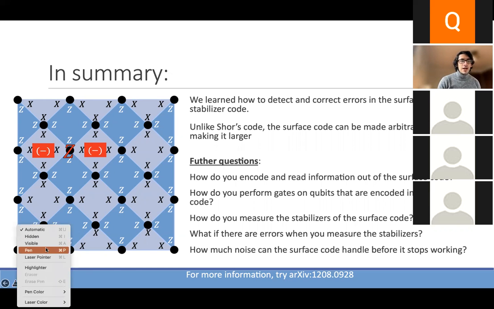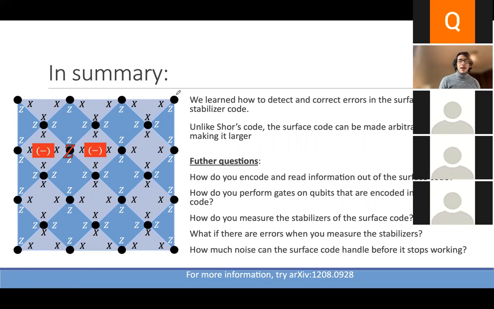The only goal with bosonic codes is to make one of these qubits very, very good. So bosonic codes are something to do to make one qubit not have too many errors in it. Then you would still need to take those bosonic qubits and stick them into another higher level code like the surface code to correct all of the remaining errors. But the idea behind bosonic codes is that a qubit